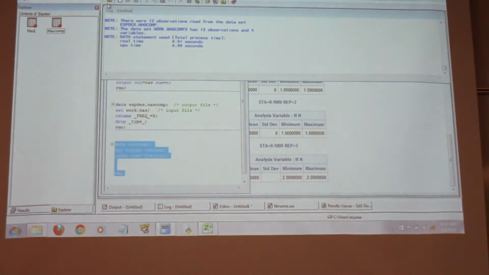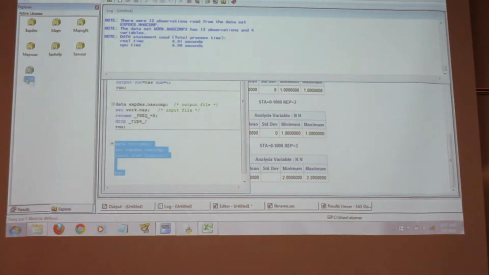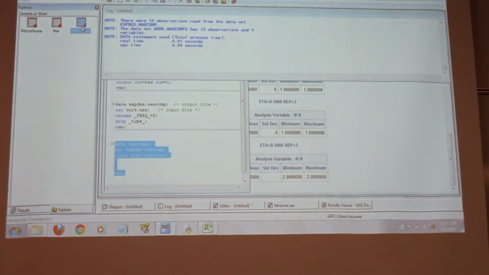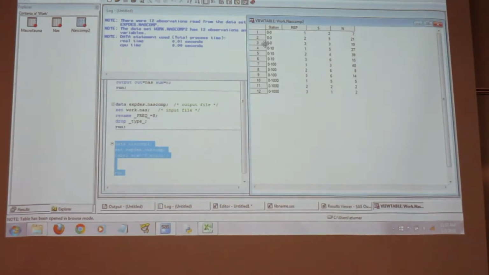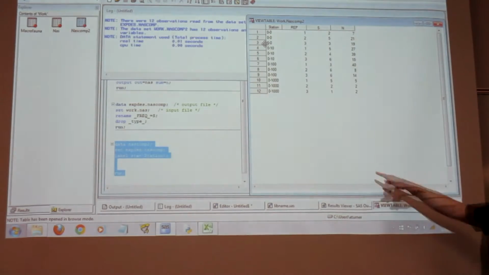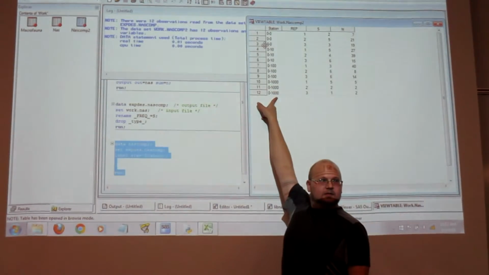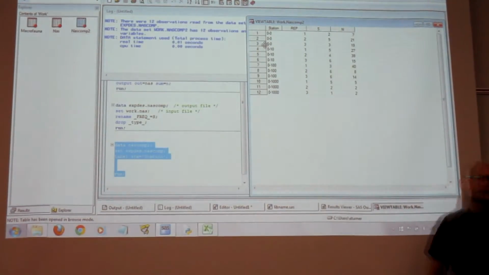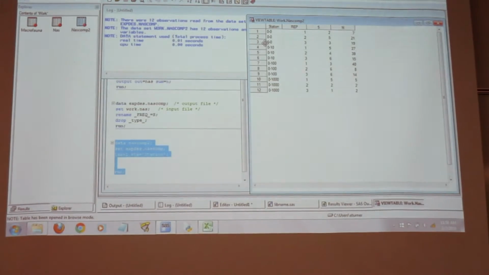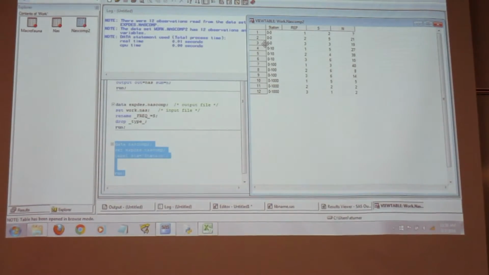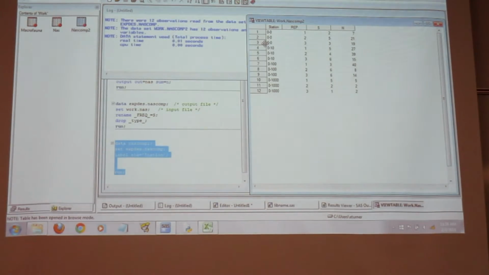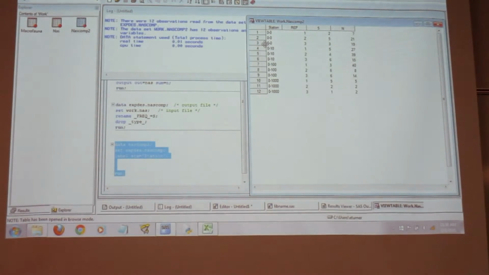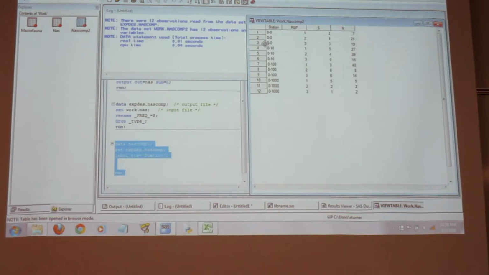So I go back and work. Okay. So now it says station. All right. And here's the tricky part: I still refer to that row as STA, S-T-A. It's just a label for station. So when you do any graph printing, it'll say station, but I still refer to the row as STA.